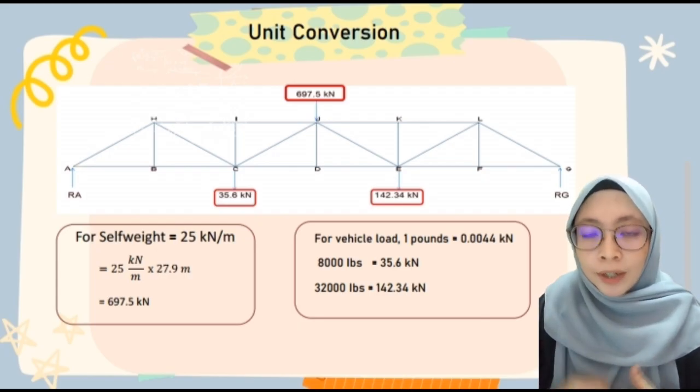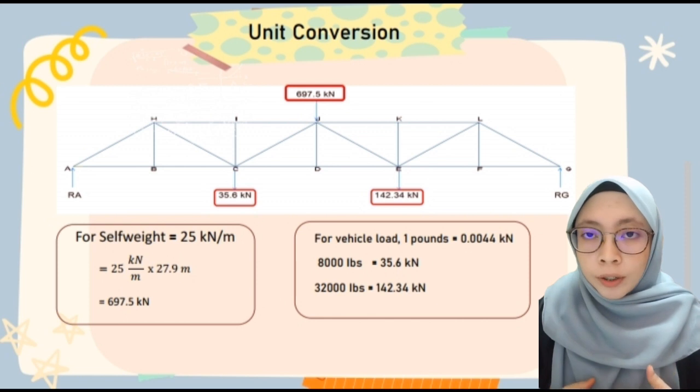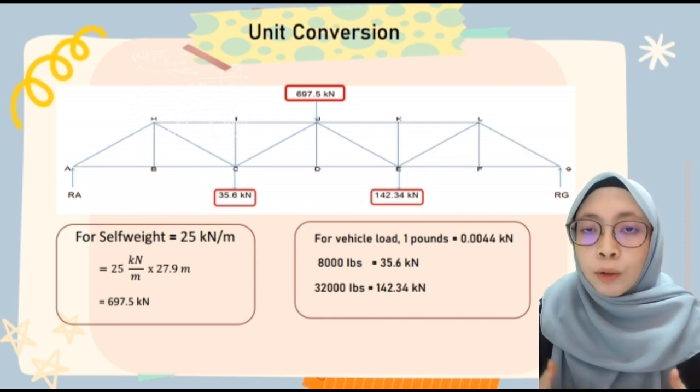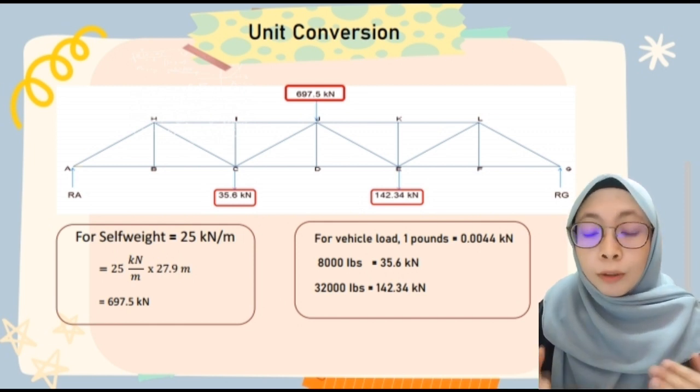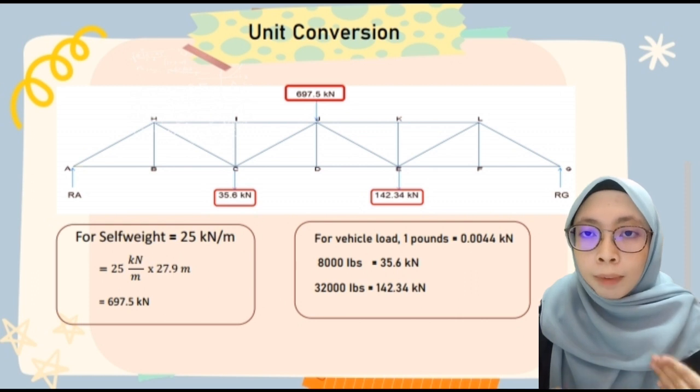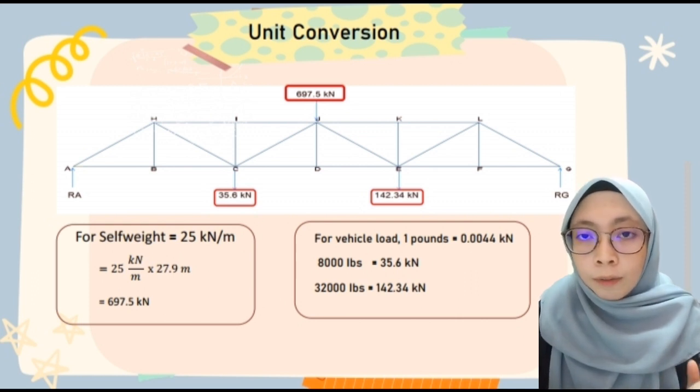Before we do further calculation, we have to make sure that all the units are the same so that the calculation will be easy. First of all, for the UDL, we have to change it into a point load. To change it, we multiply the UDL, which is 25 kN per meter, with the overall length of the bridge, which is 27.9 meters, and then we get the new point load is